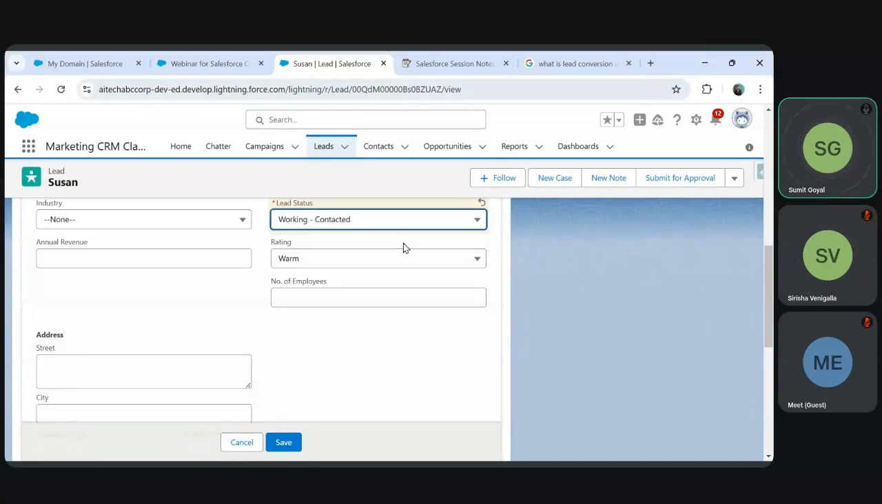Okay, perfect. So that's the way we convert a lead into an opportunity, account, and contact. Great. So let's stop it here for the day, and in the next session,